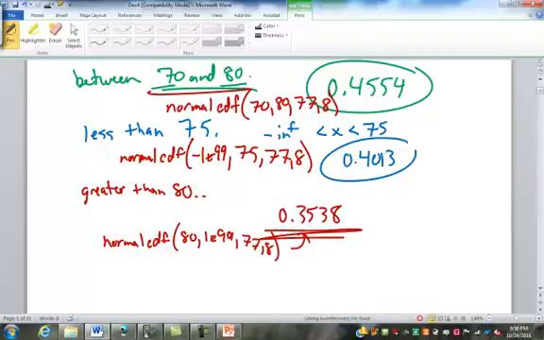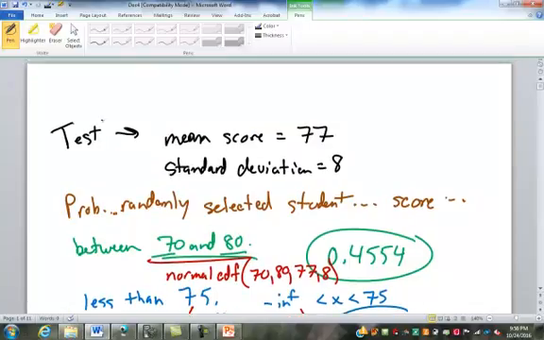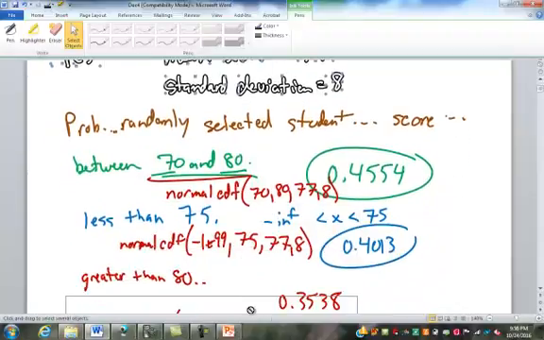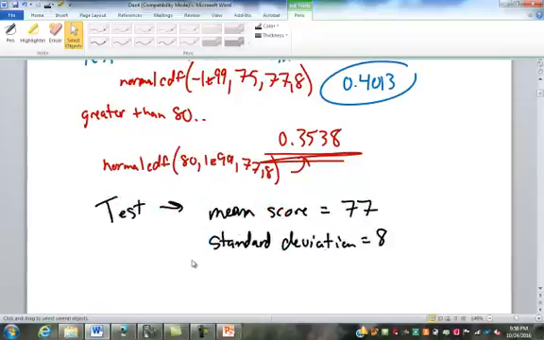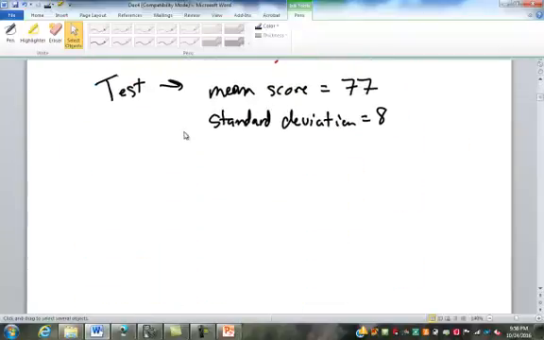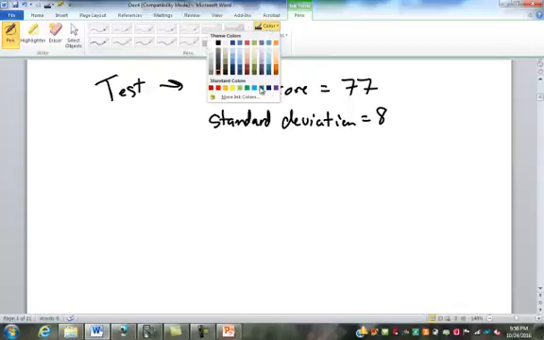So the next thing I want to look at is what if we know the probabilities and we want to find what z-score or what test score actually corresponds to that. So I'm going to bring this down here. We're still going to use these numbers. So that next test, we still have historically a mean score of 77, a standard deviation of 8. What I want to know